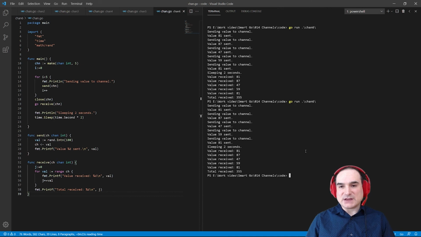If we didn't have the channel closed, the loop would sit and wait for more messages to be put into it. That's actually a handy pattern to use when you want a Go routine that just consumes messages from a channel indefinitely.